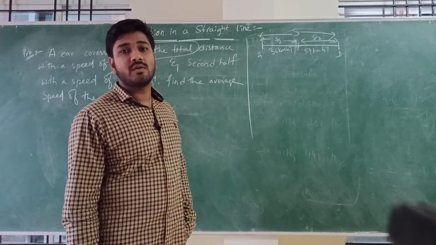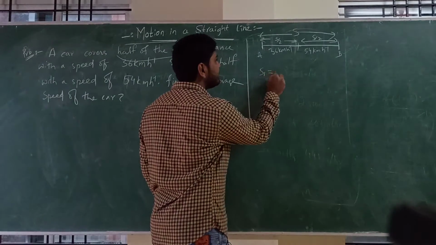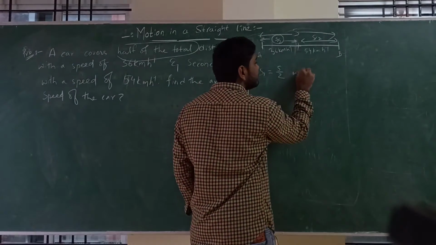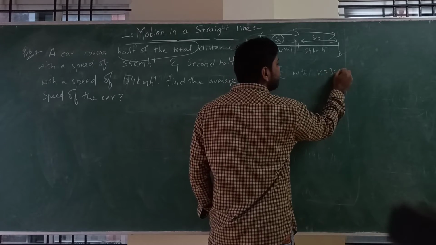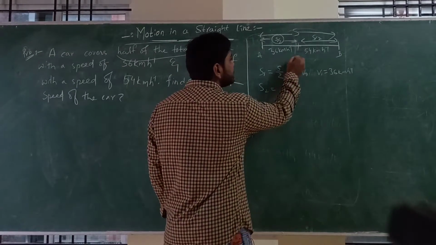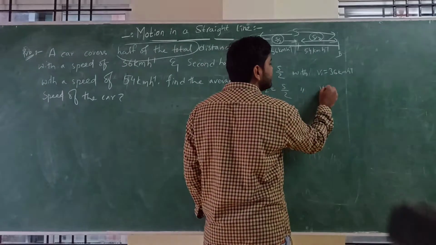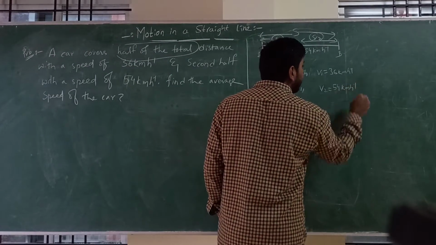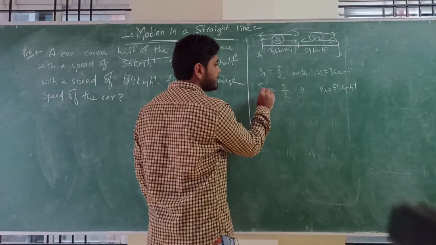Then we have to calculate the average speed. So no problem. S1 is equal to S/2, with speed V1, that is 36 km per hour. Done. S2 is again S/2, with speed V2, 54 kilometer per hour. Done. Now see, S1 is equal to S by 2, S2 is equal to S by 2, so